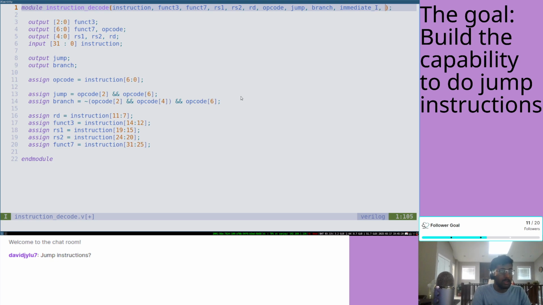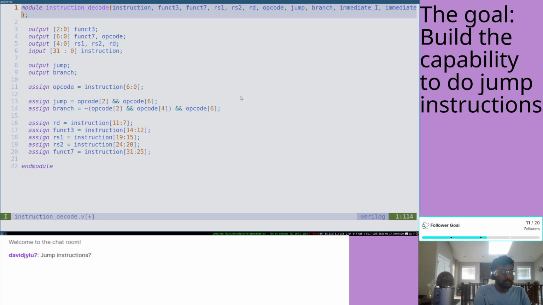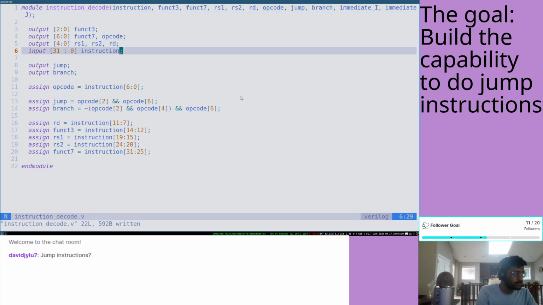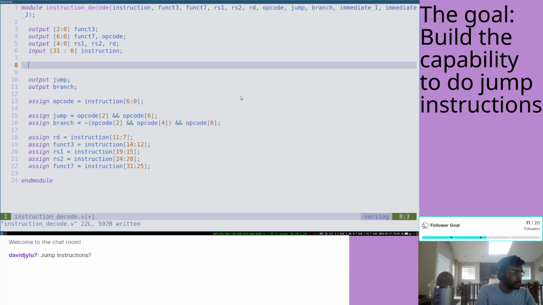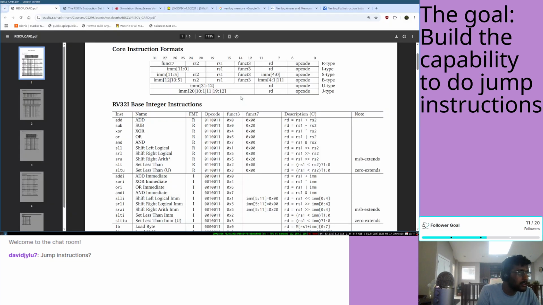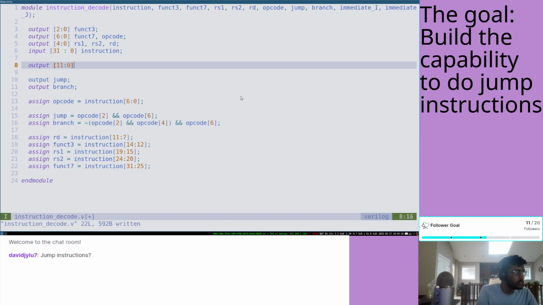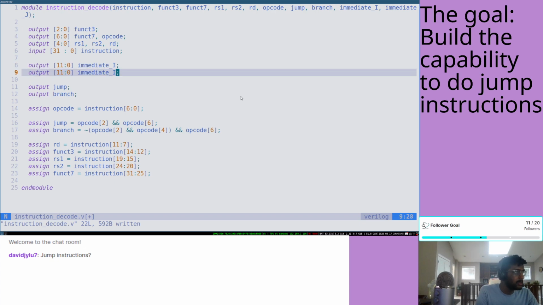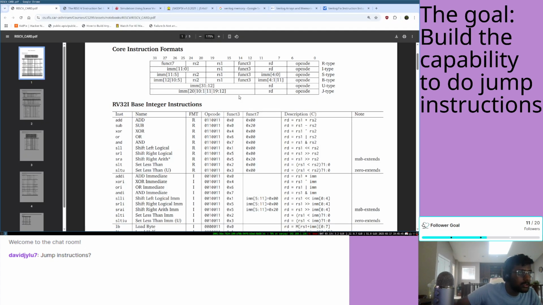Immediate I. Then what we do is immediate J. Cool. So output, and then so immediate I is 12, 11 colon 0. Immediate I, and an immediate J is,